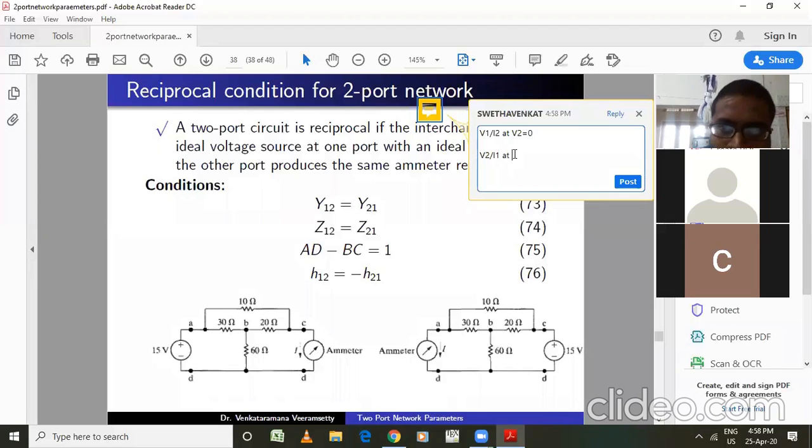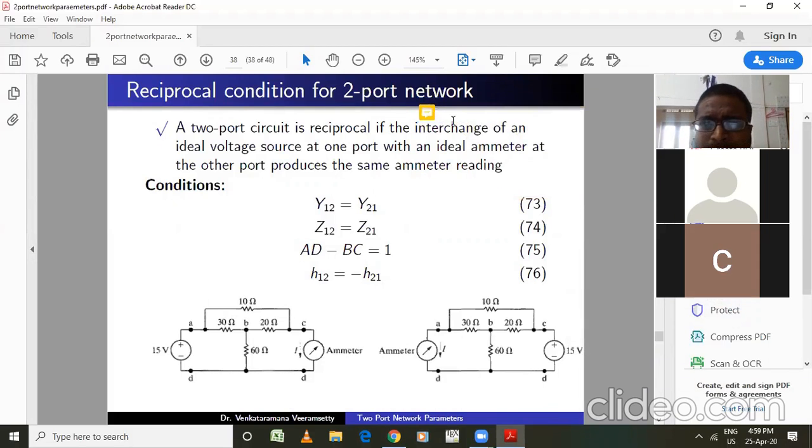But see, I am connecting the ammeter at the first port. If you connect the ammeter at the first port, the ammeter has zero resistance. So the first port voltage V1 equals 0. Right. So now, as per the reciprocity condition,